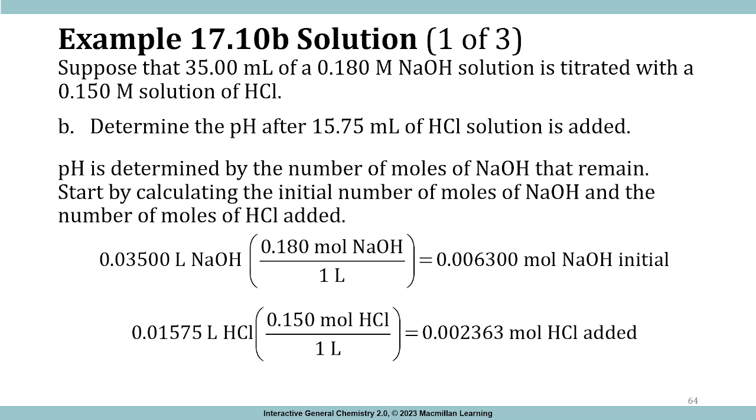Okay, so this is where we left off last time. We're part of the way through this problem: determine the pH after 15.75 milliliters of HCl is added. Remember, in this case, we have a strong base and we're adding strong acid to it. Okay? And so what we're going to be doing here is, again, just figure out the moles, take